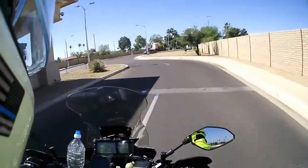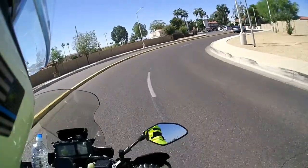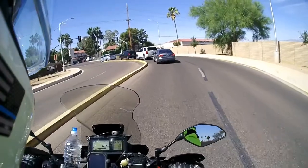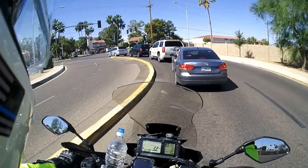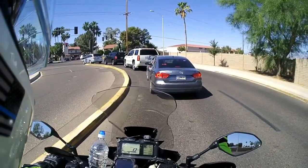So for me, it just seemed like a logical thing to do, for just a little bit, I think it was $167, from Twisted Throttle. And SW Motec makes a couple different styles of skid plates, and